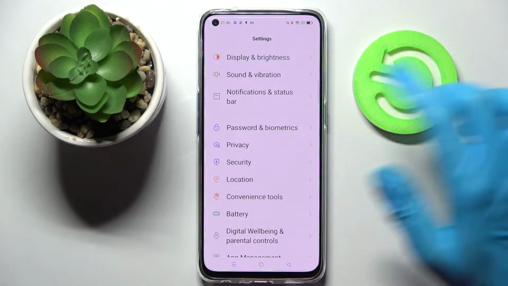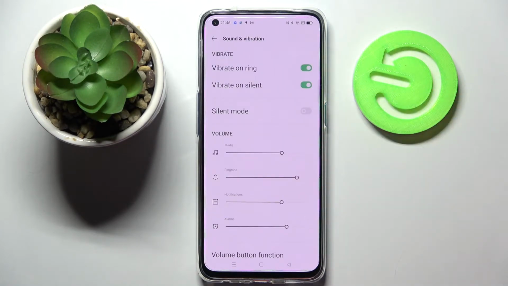Start by opening settings and choosing sound and vibration. Over here, right away, click on the switcher next to vibrate on ring to enable or disable vibrations for your incoming calls. You can also click on the switcher next to vibrate on silent to enable or disable vibrations while